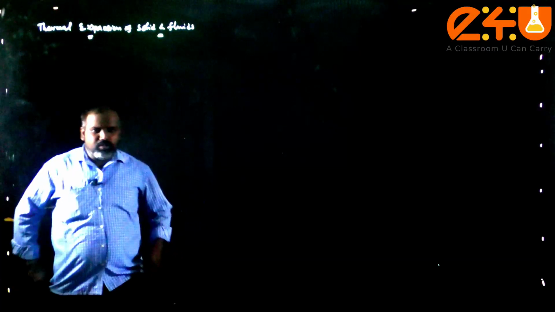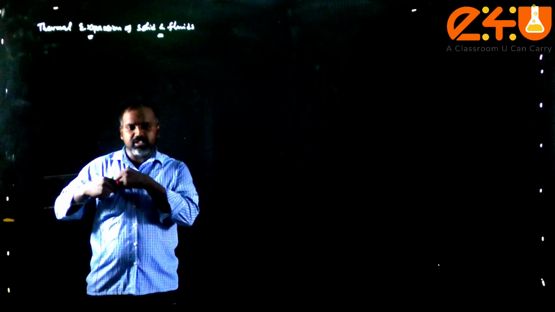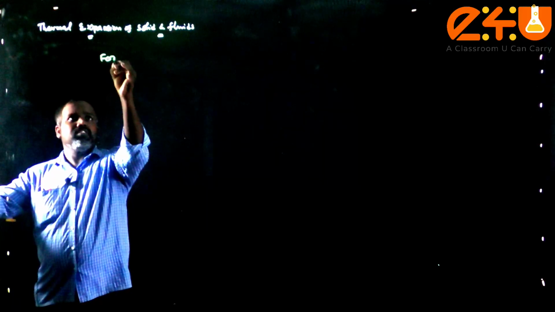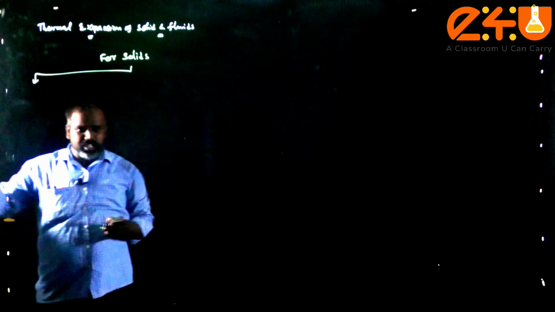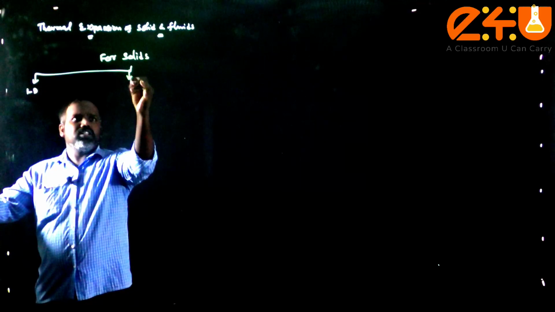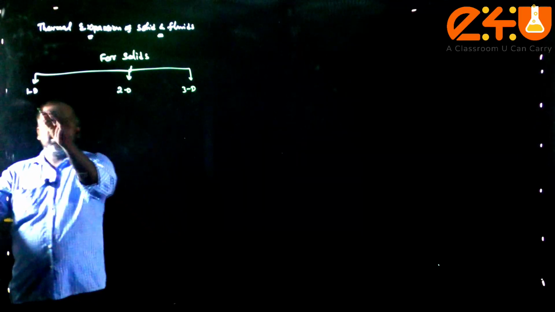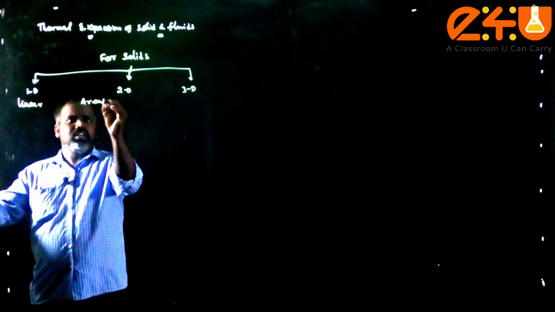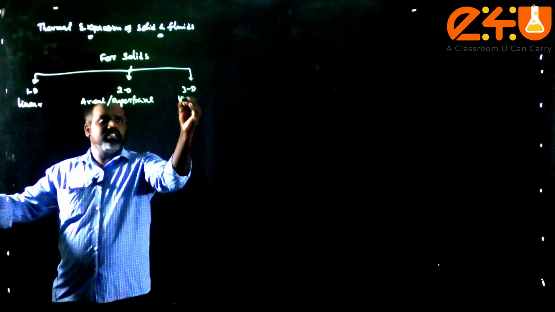So in this session we are going to discuss the thermal expansion of solids and fluids and related concepts. First one is for solids. Solids undergo three types of thermal expansion. One is one dimensional, another is 2D, and the third is three dimensional expansion. The one dimensional is called linear, this is called areal or superficial, and this is volume